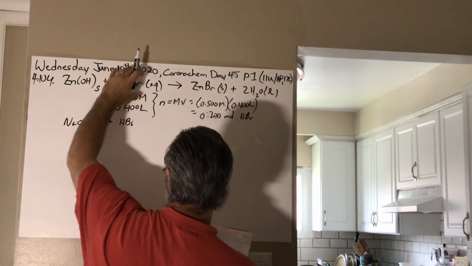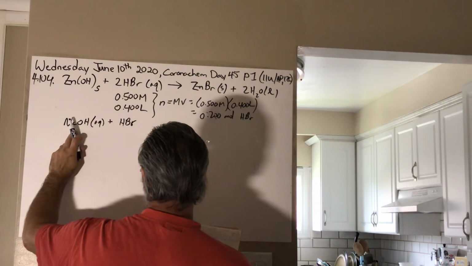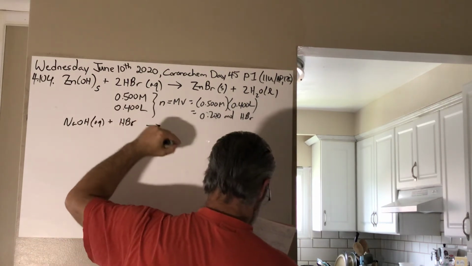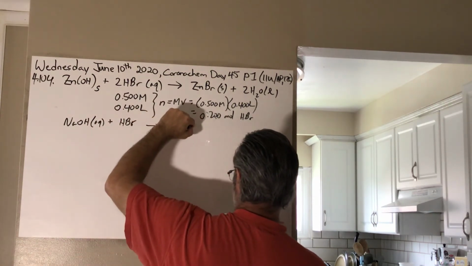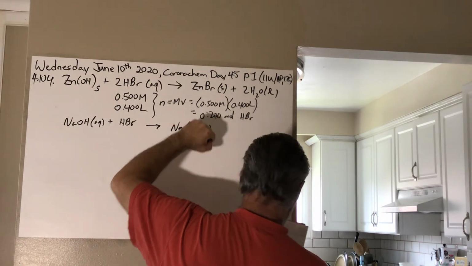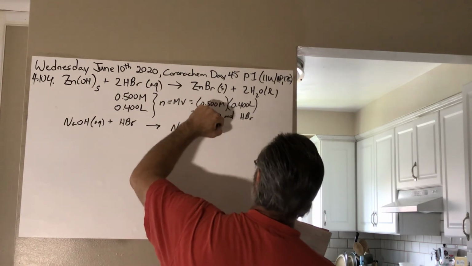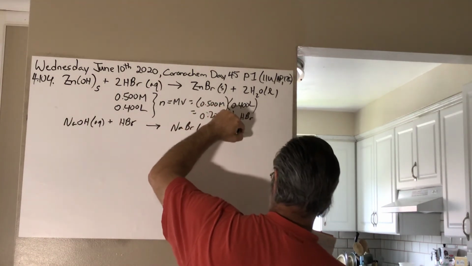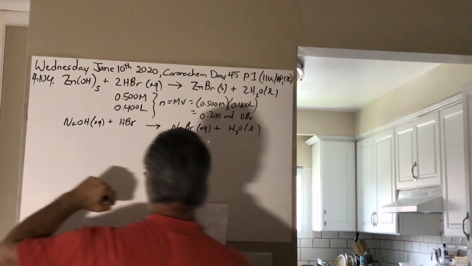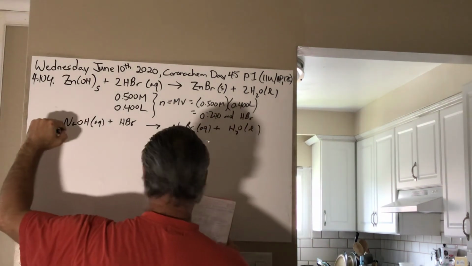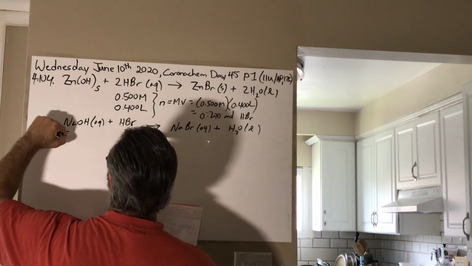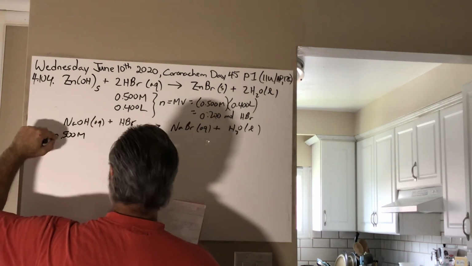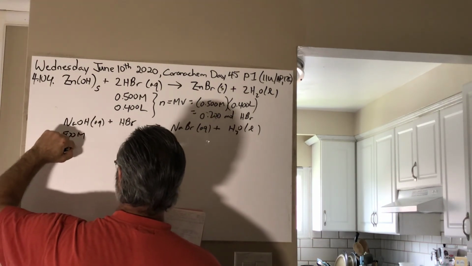So there was still some HBr left in solution, but now they used NaOH to titrate it. The reaction gives you sodium bromide, which is probably soluble, and water as a byproduct. The NaOH was 0.5 molar, and they used 98.5 milliliters to finish the